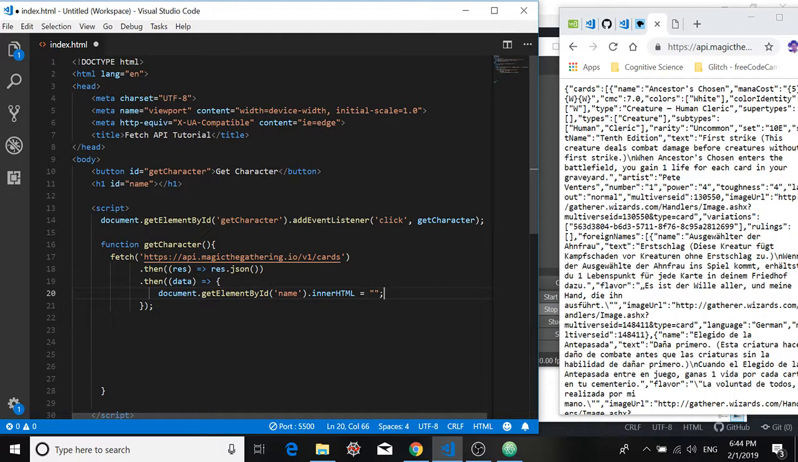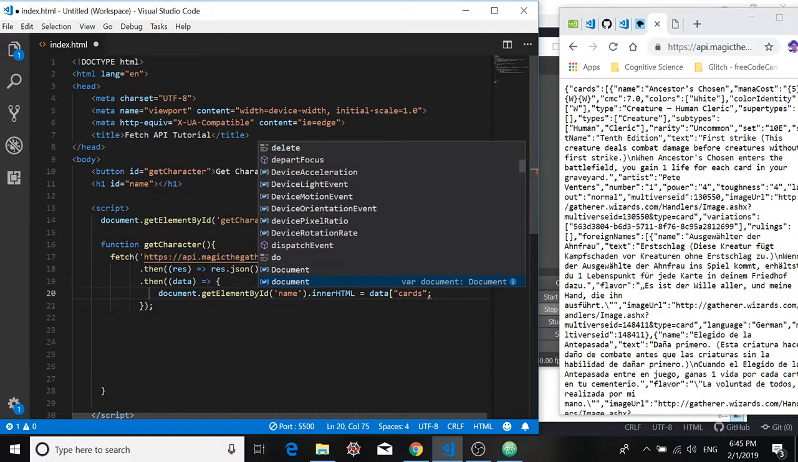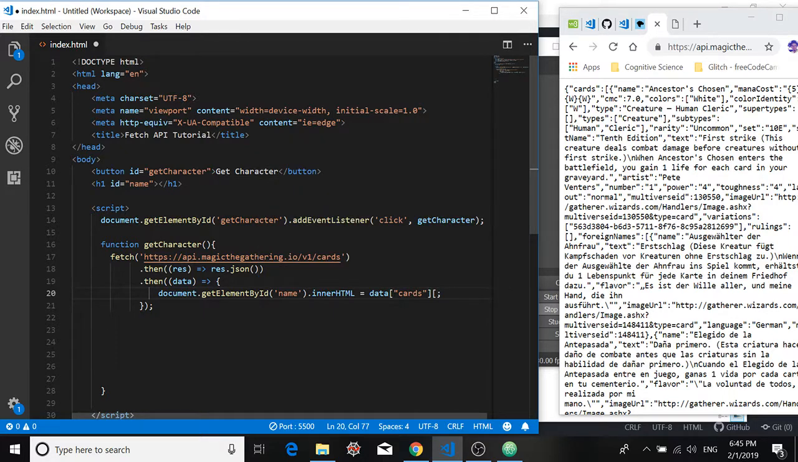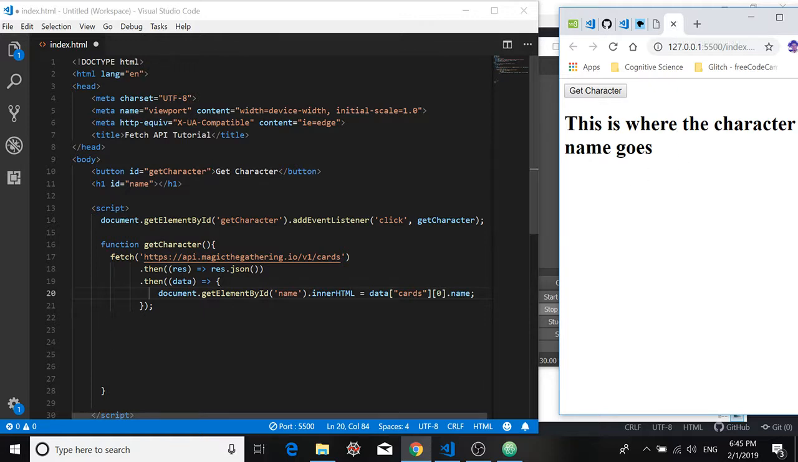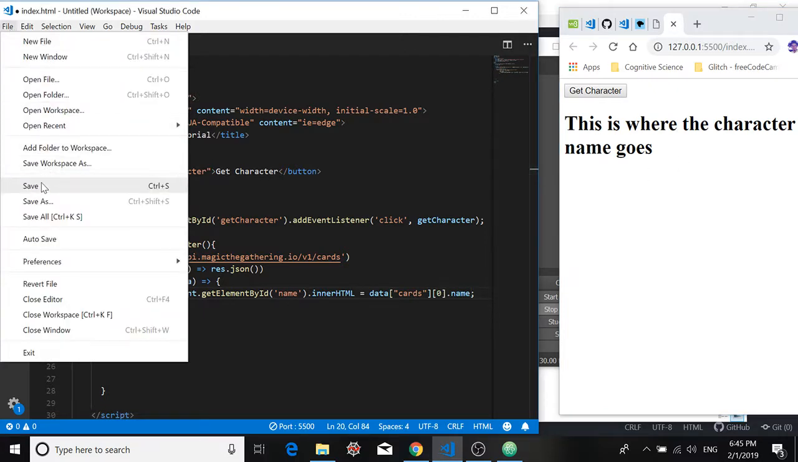So what is it that we want to display? Well, we want to display the data of the object cards at the element or the character at index 0 and the name property or the name value. So hopefully that will display, as we saw before, ancestors chosen. So if we go there, we save our data,